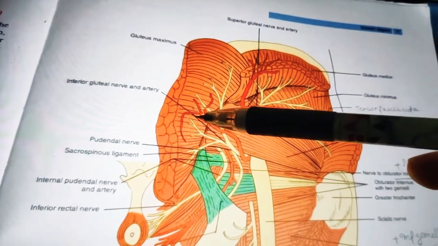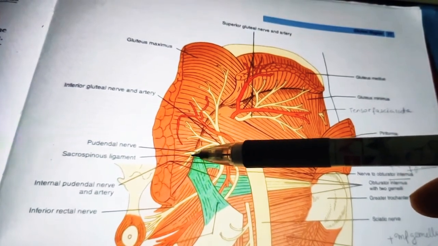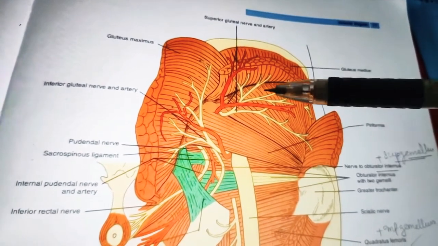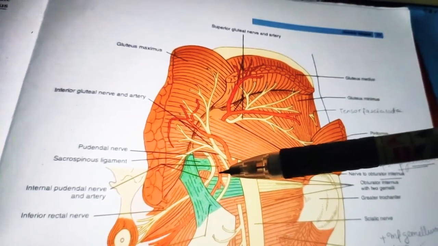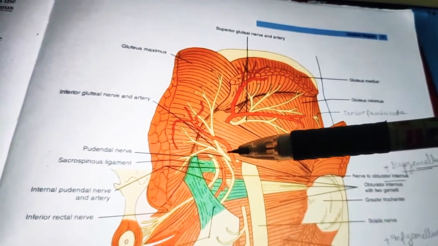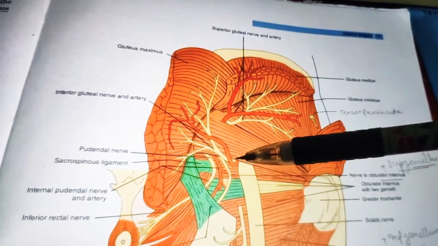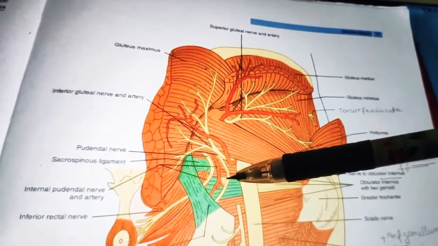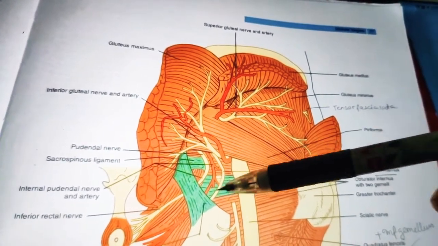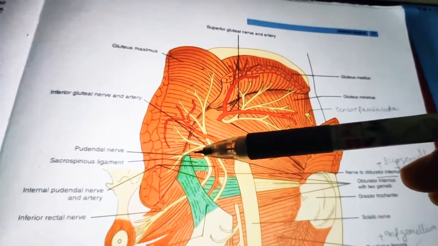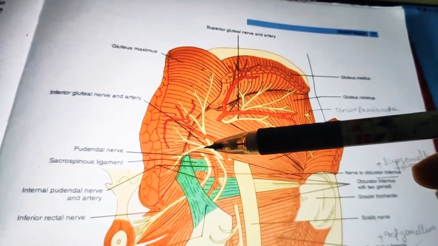It supplies muscular branches mainly to the gluteus maximus. Clearly you can see it is supplying the gluteus maximus and all muscles which are deep to it, below the piriformis. All of those are supplied by the inferior gluteal artery. It has cutaneous branches to the buttock and back of the thigh, an articular branch to the hip joint, and it participates in the cruciate anastomosis. It also gives an artery to the sciatic nerve, and it represents the axis artery in the region and may at times be quite large. It also gives the coccygeal branch and supplies the area of the coccyx.